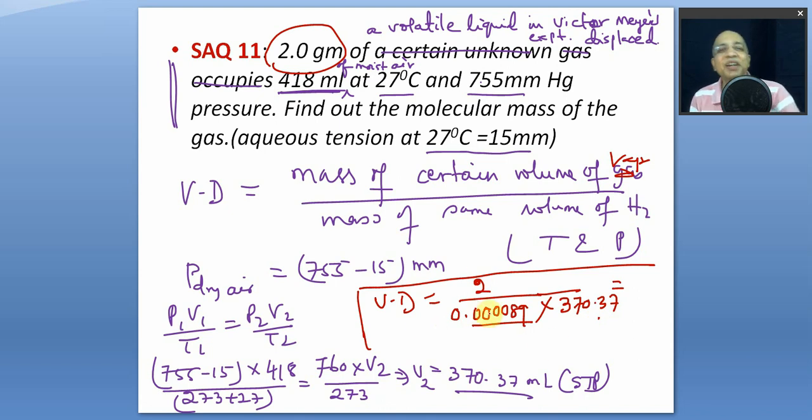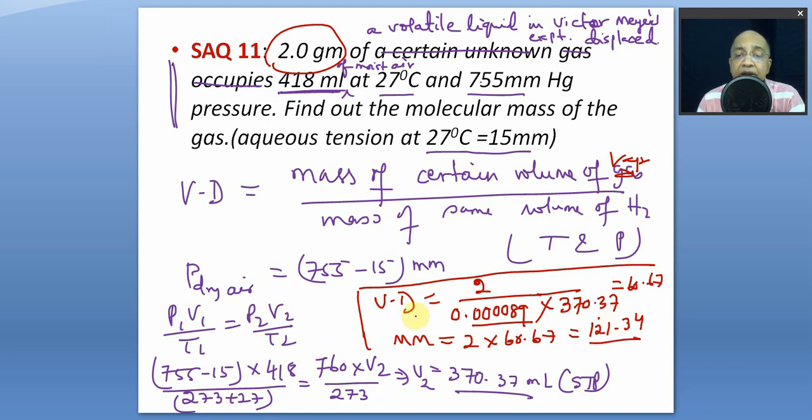So I'm trying to give you the conceptual aspect so that you can play with chemical arithmetic. The subject is chemical arithmetic. Once you learn the logic, and this logic that we are building up now is under control, then you will play with chemical arithmetic, right? So this is coming 60.67. Therefore molecular mass is 2 times Vd. Molecular mass is 2 times, so it is 121.34.